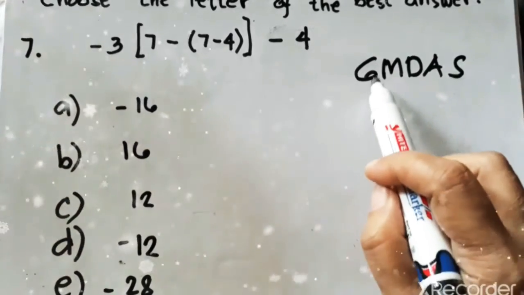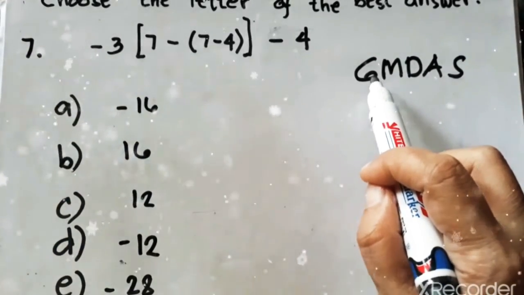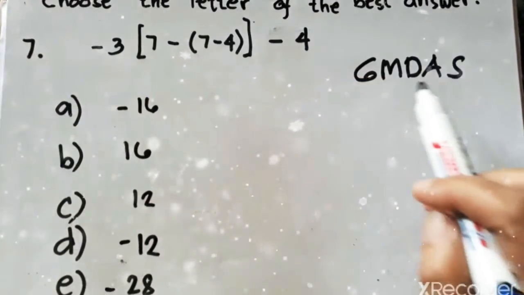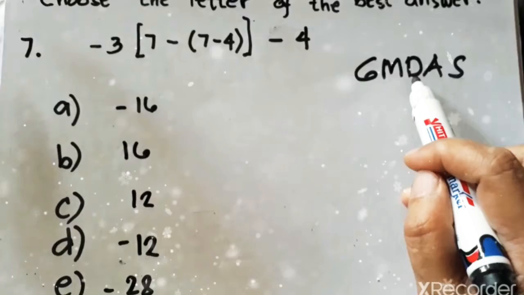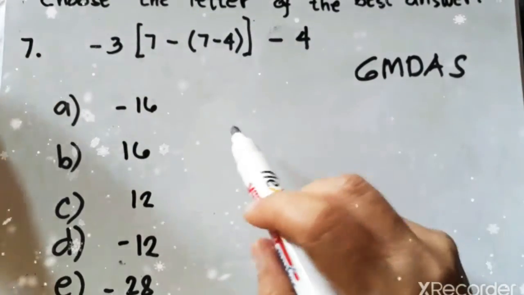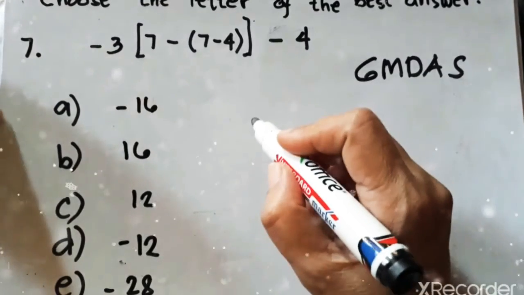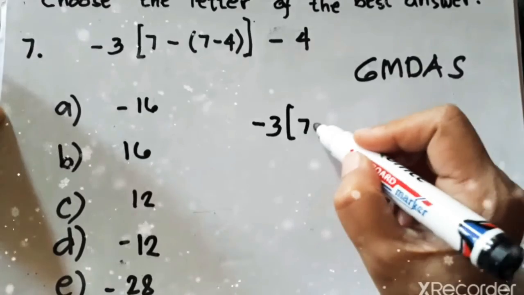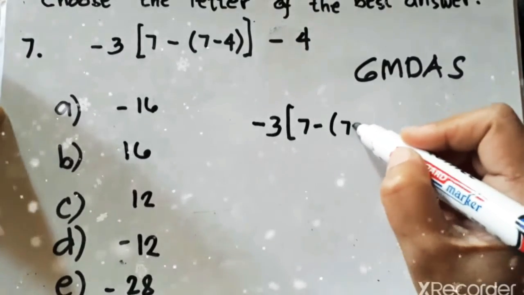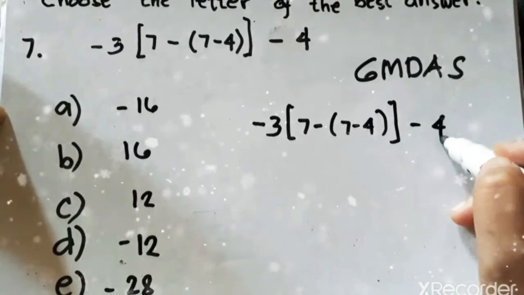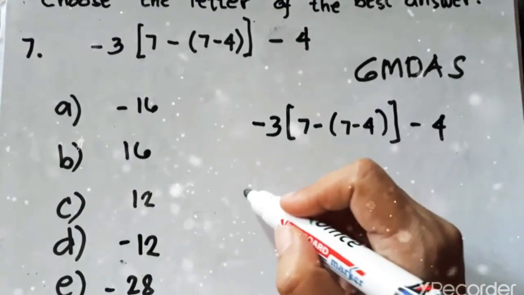G stands for grouping, and that includes parentheses and brackets, then multiplication, division, addition, subtraction. So from here, we are going to simplify this. 7 minus 4, and then minus 4. So, again,